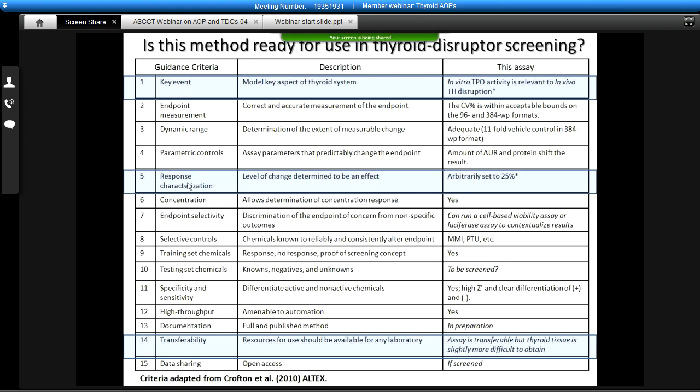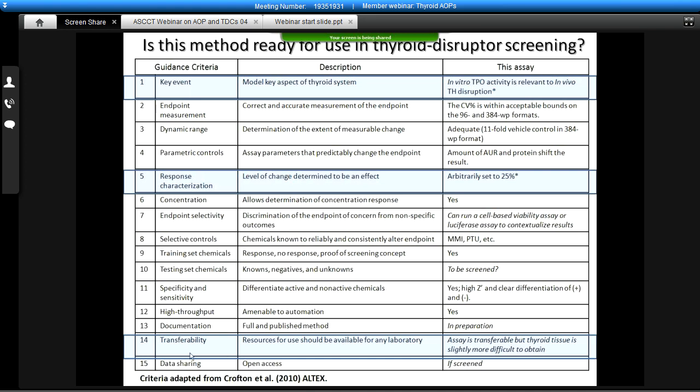Second, response characterization. This is the level of change determined to be in effect. Currently, with this high throughput model, I've arbitrarily set the threshold for effect to a 25% change. However, what I'd really like to do is understand how much TPO has to be inhibited in order to mediate a 20% decrease in thyroxine in vivo, since that is the jumping off point for considering maternal thyroxine decreases adverse. So we'd really like to anchor this to physiology, and I'll show you a little bit of data related to